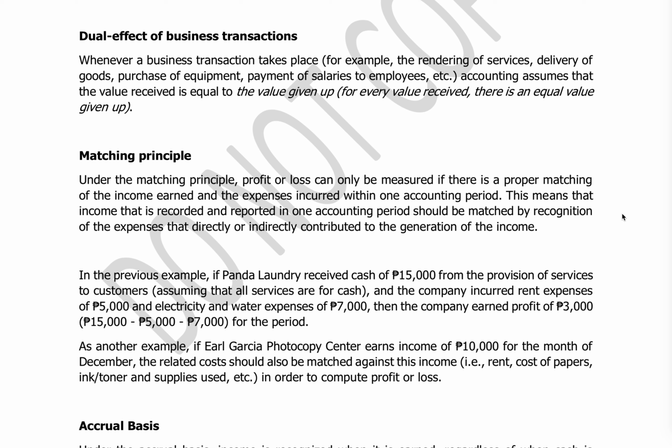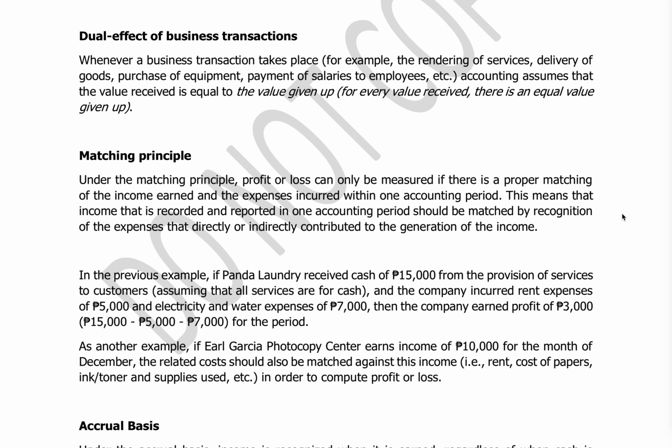So, hindi lang ang titingnan mo yung pagtanggap mo ng washing machine. Uy, wow, may washing machine kami bago. There's an asset. But, as equivalent to the value given, to the value received, I received the washing machine. But don't forget that you have given up a value which is 20,000 pesos. So, as there is an increase in your asset